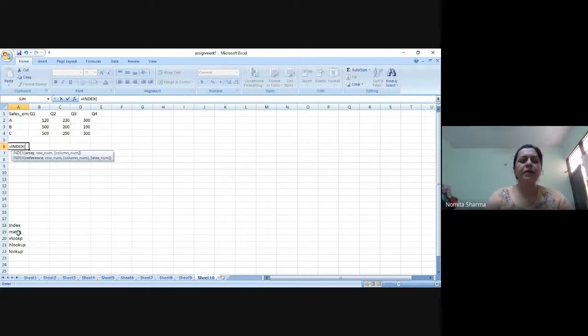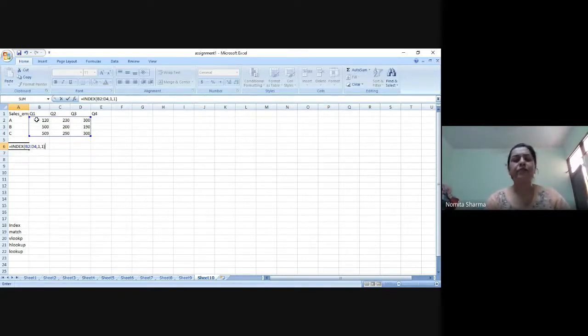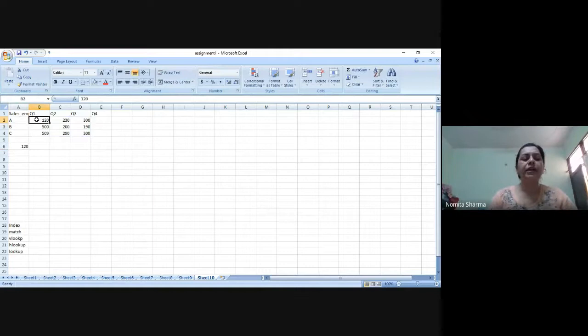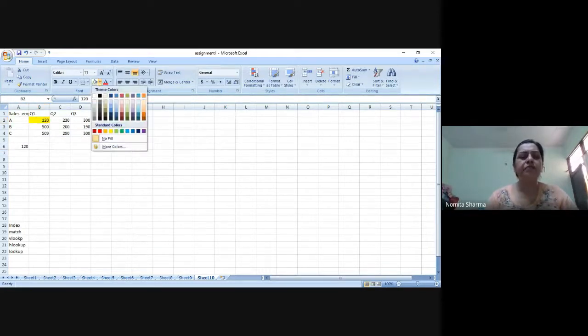So the array means we have to refer to this particular range that we have made here, then comma, and then we are going to refer the row number and the column number. So over here, to start with, I have just given first row number and first column number, and I'll press enter, and I get 120 as the answer, which if I highlight is this number that I'm referring to.